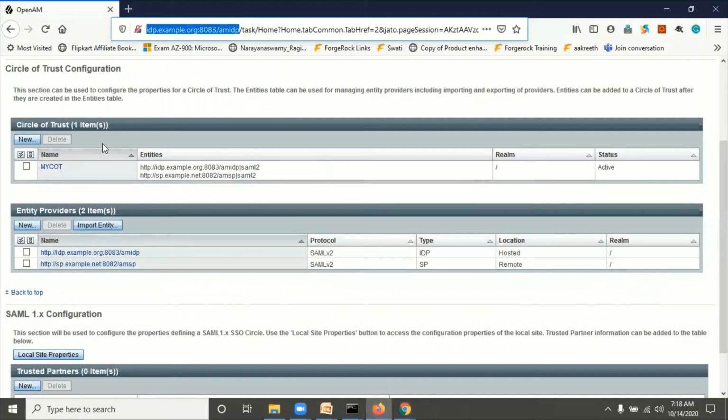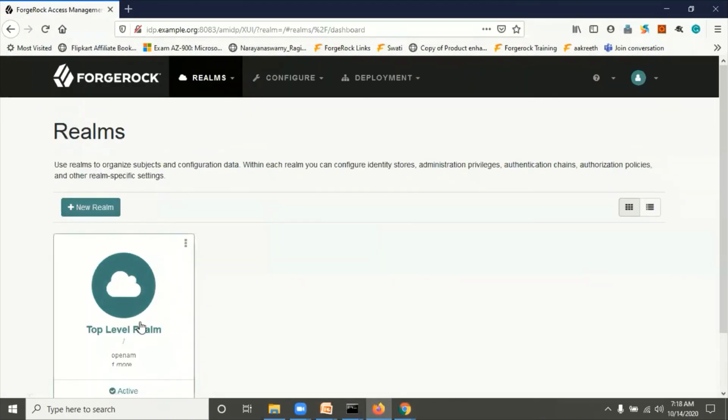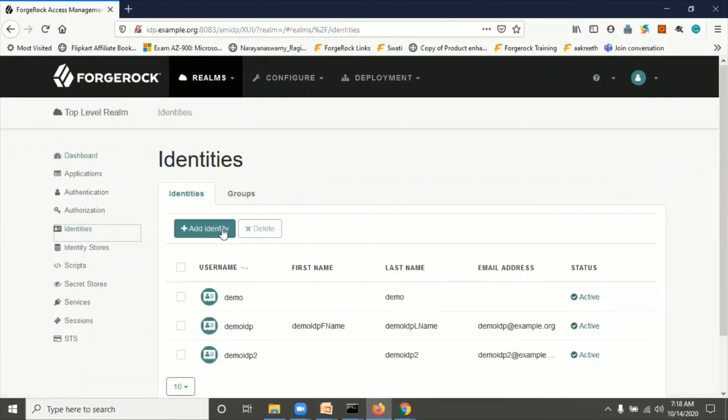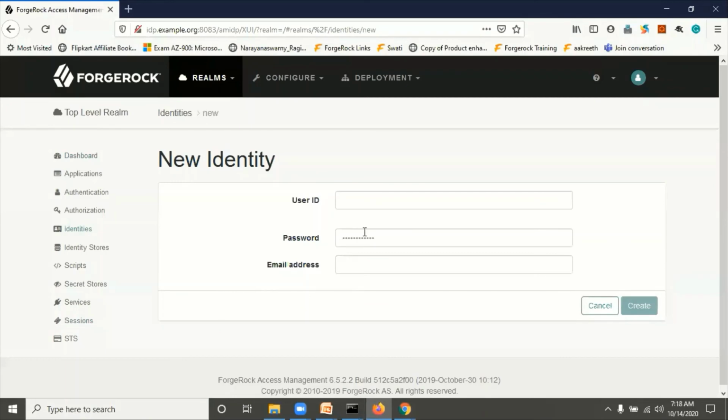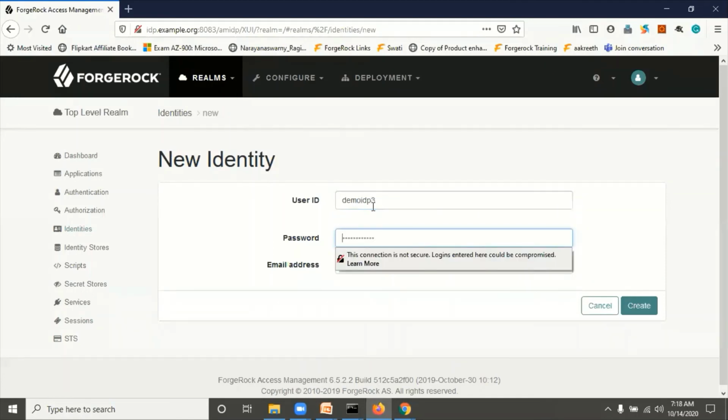In the same way, on the IDP side also, I'm going to create one more account. We are in the IDP application. Go to identities, click on identity, demo IDP3, and a password. You can give anything, and give the email ID idp3@example.org.